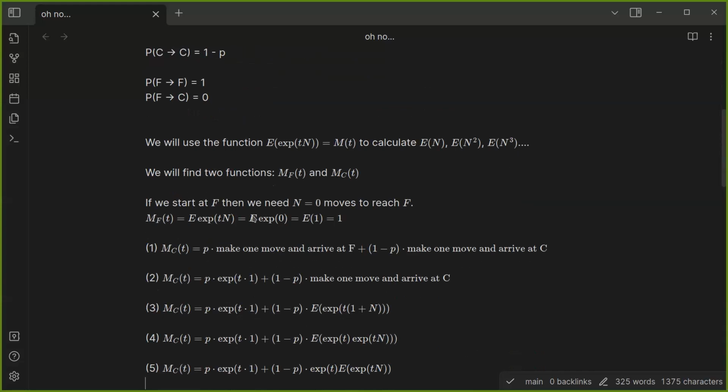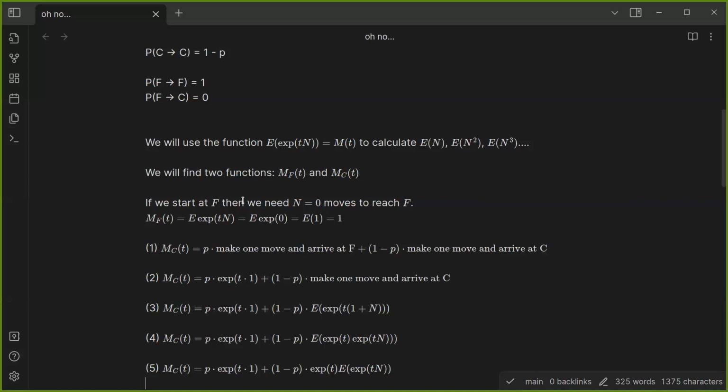So basically, because we know that M of t equals E exponential of tn, we just say that in one throw, then we have E and T. Okay, but